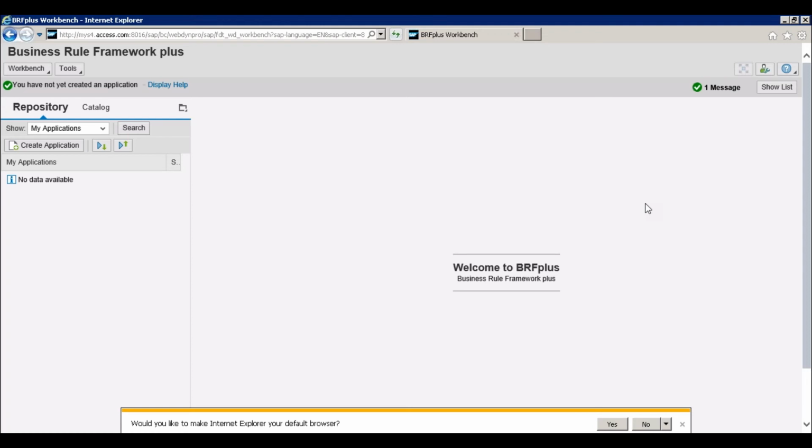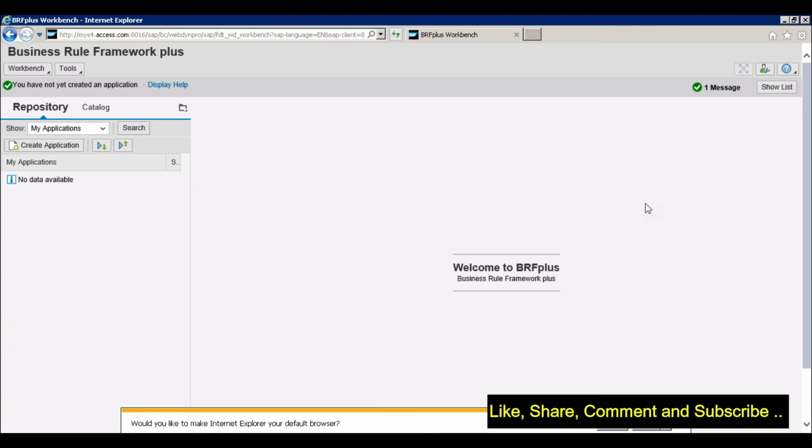So you can do the complete configuration independently. Even if from the main screen you said I'm using the old output determination, that will not stop you from performing this configuration. You can still go ahead with the configuration of BRF+. Now, if both the configurations are available, NACE also, BRF+ also, then whatever you are specifying in that particular transaction will be taken care of. So currently, because it is old output determination, it will not look into BRF+ configuration. It will always go to NACE and accordingly it will determine the output.